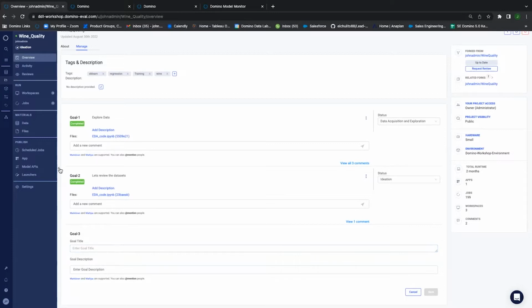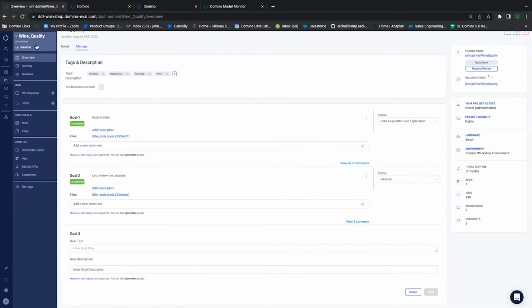This is done in the platform using Jira. So we use Jira as our project management tool, so we can manage our tasks. If you go into Jira in your own organization and you have it connected to Domino, you'll see all the tasks that are assigned to individual projects by collaborators working on that project. You'll see here, if you have a goal set up, you can say you want to mark this goal as complete or incomplete, if there's something you need to change in current existing goals.